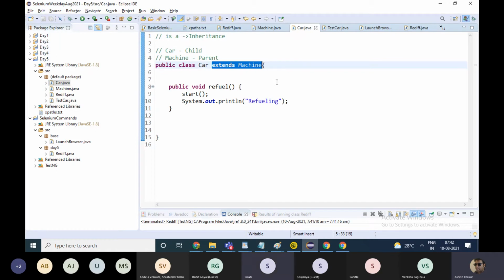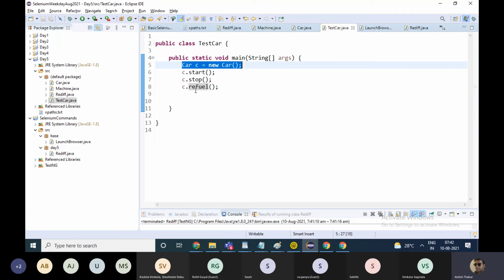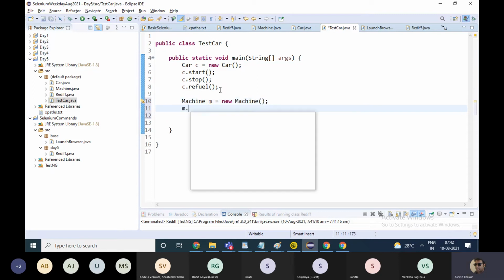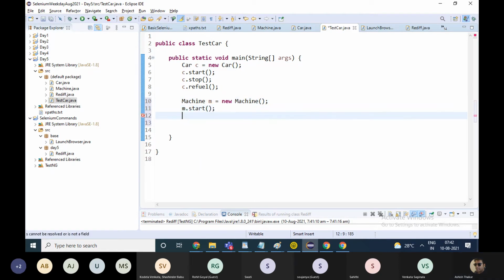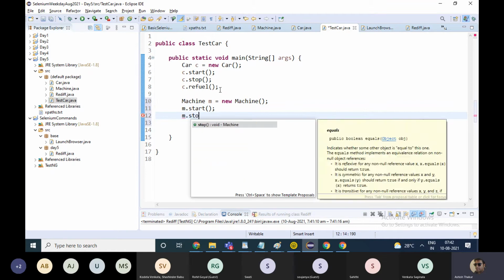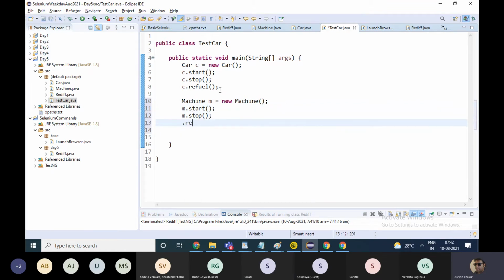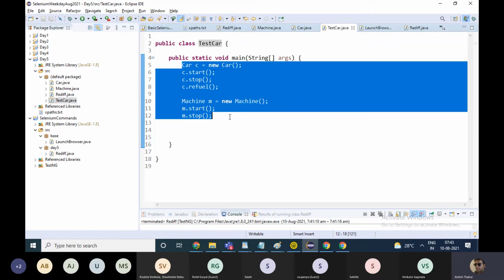So in test car, if instead of the car class I create the object of the machine class, then I can only access the start and stop functions. I cannot access machine.refuel because obviously this is a part of the car class. So it's not that I can use the functions of car or machine freely. It depends on the object which is being created.